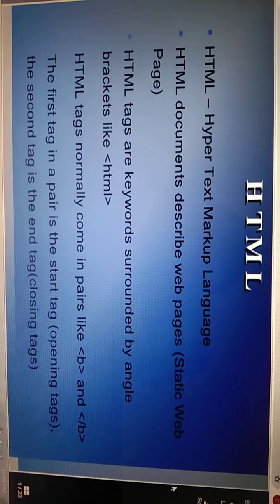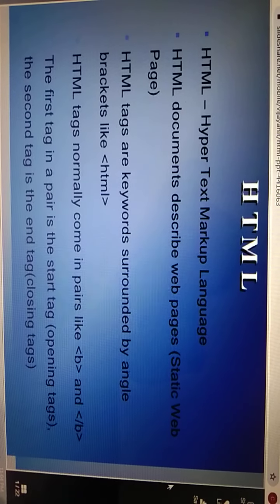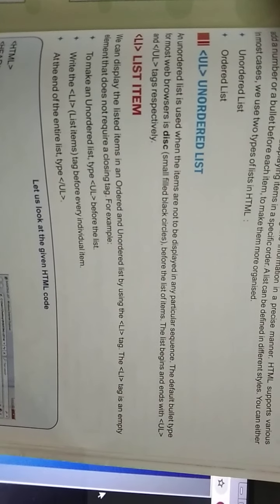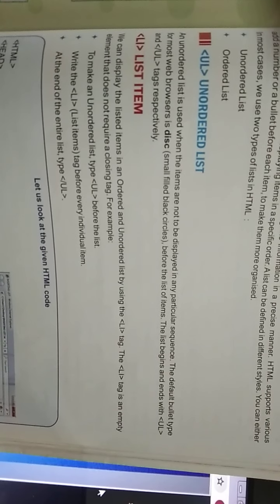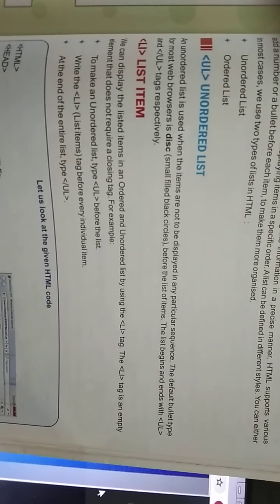Now let's move further. There are two types of lists in HTML. The first one is the unordered list. It is always represented by the UL word.